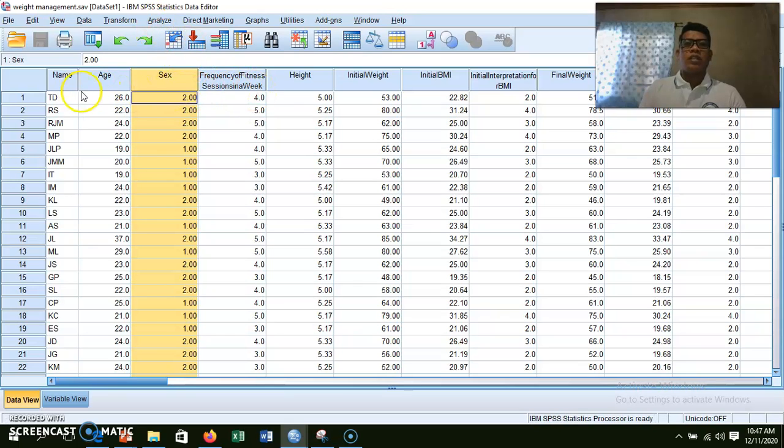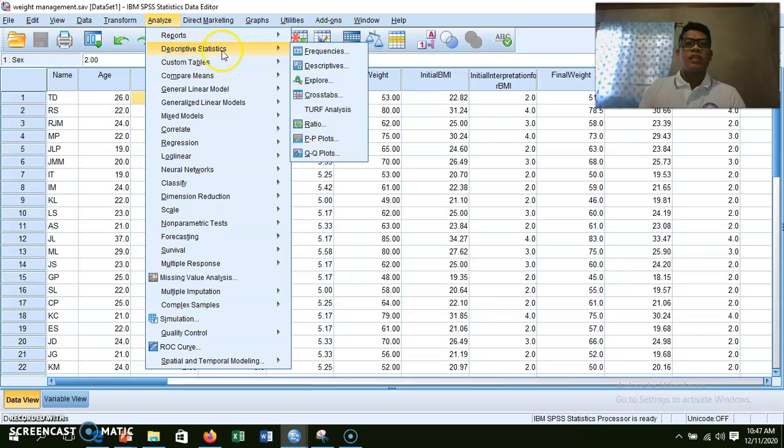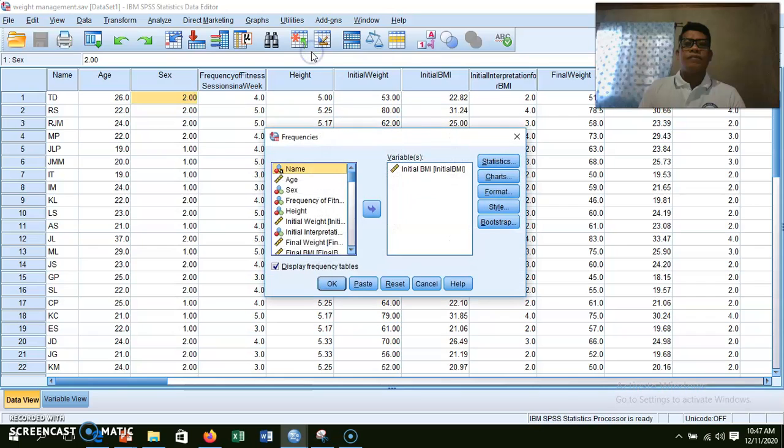So just click analyze, and then click frequency. We want to know their sex, so just click sex and then move the sex to the variable box. Just click the arrow.